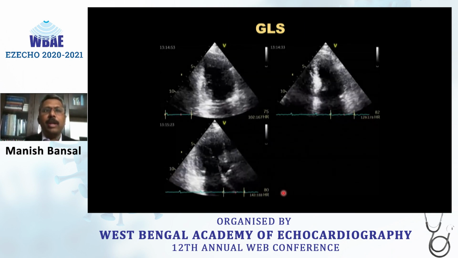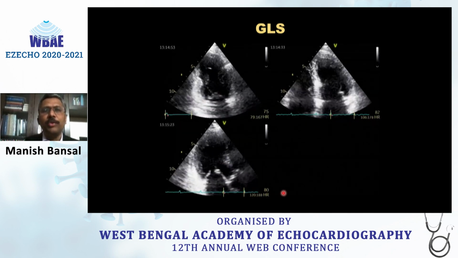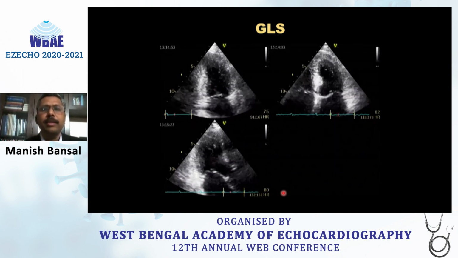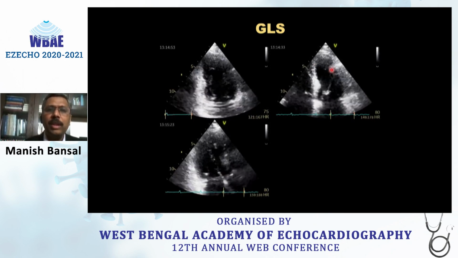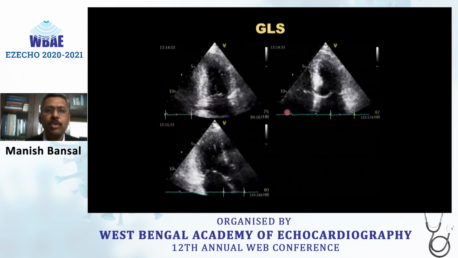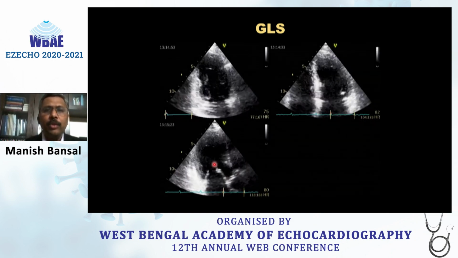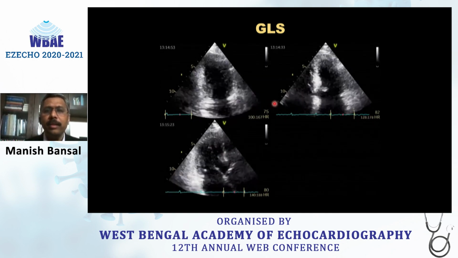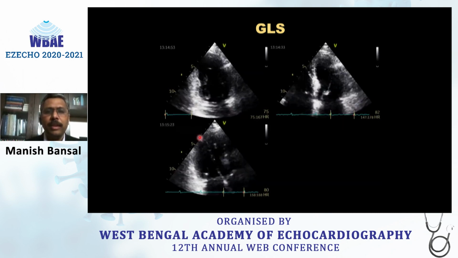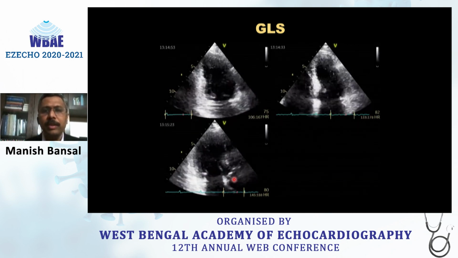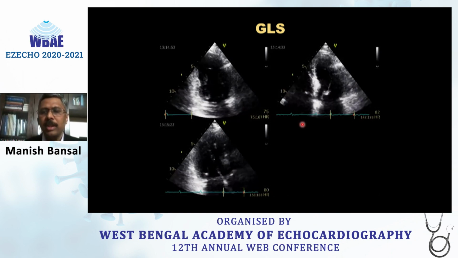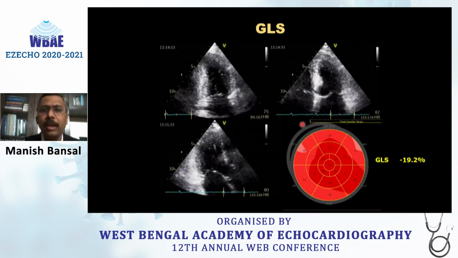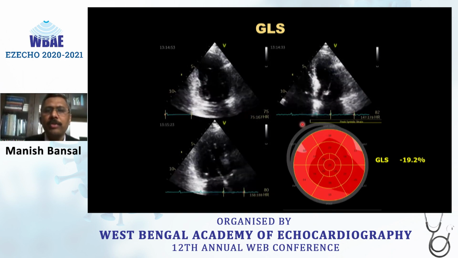For GLS, matching the cardiac cycle is even more important, because the software will not generate the bullseye plot and will not calculate GLS unless the cardiac cycles are identical. Here we have three different views: 2-chamber, 4-chamber, apical long axis. The software by default picks the middle cardiac cycle, but in this example, I have manually selected the cycles which have similar looking RR intervals, and only then I got the GLS value. So in our patient, the GLS was minus 19.2%,